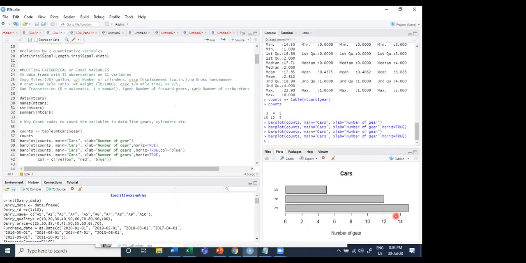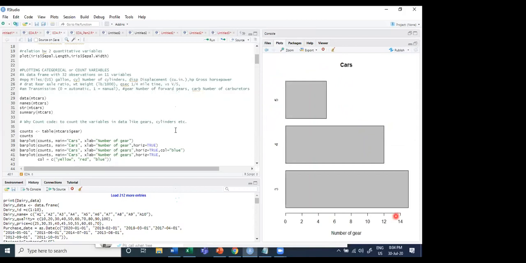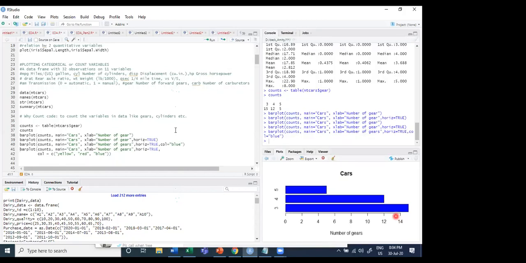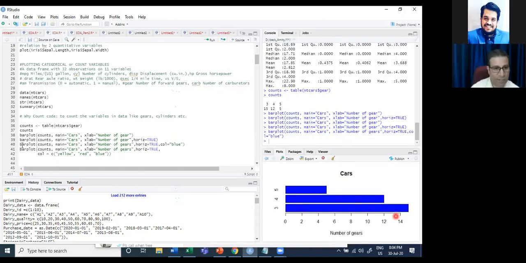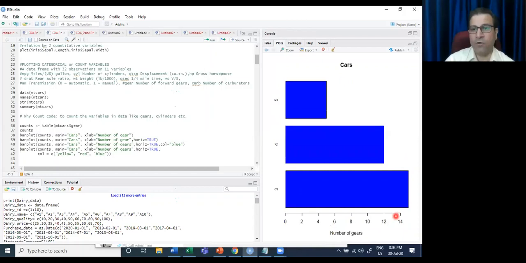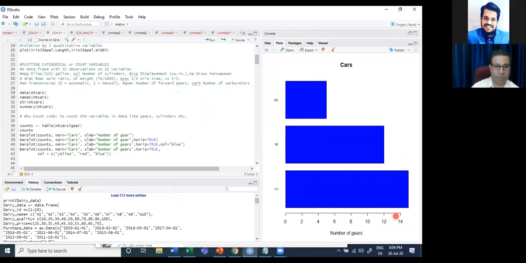So here is the vertical graphs of our cars. Now let's go to the color combination, because we need colors. So the color blue is being used, and we can change the colors depending upon the nature of your own. So here, once a uniform color has been picked up to showcase our horizontal bars of the cars.